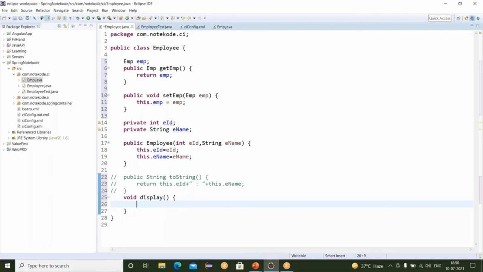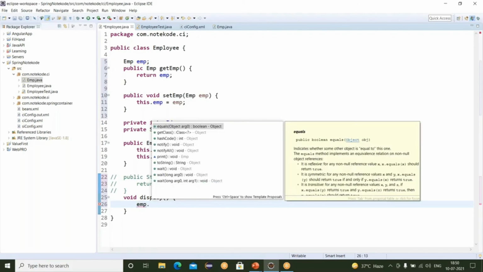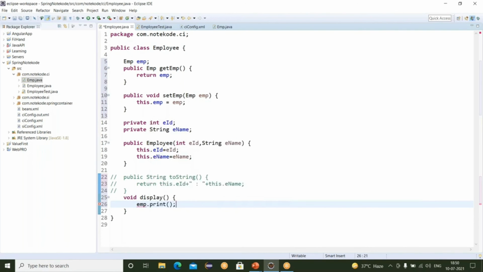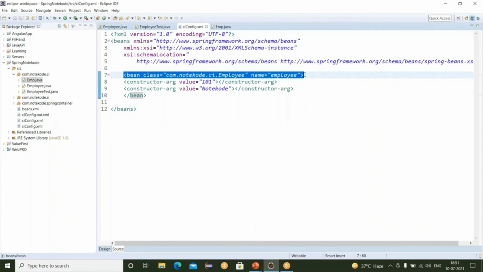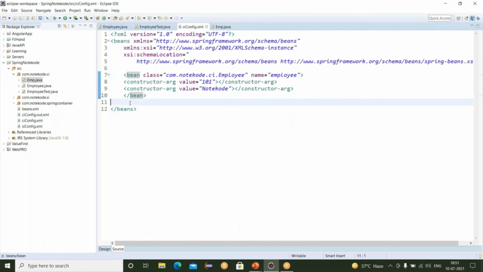And inside this, emp dot, we're calling our EMP class method. So in the EMP class, we defined the print method. Let's save this. And now what we have to do, say I'm creating another bean here for our EMP class.